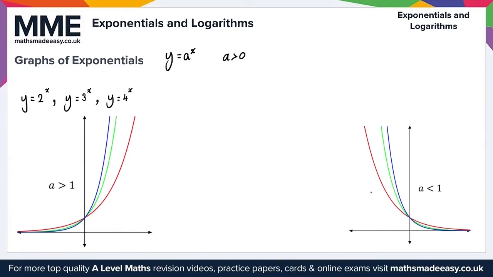Okay. And here, for a being less than 1, again, we've got 3 different exponential graphs. And we've got y equals a half to the power of x. We have y equals a third to the power of x. And finally, we have y equals a quarter to the power of x there. Okay. And that gives us everything we need there for graphs of